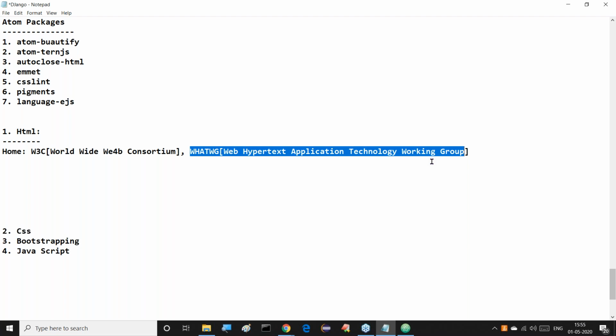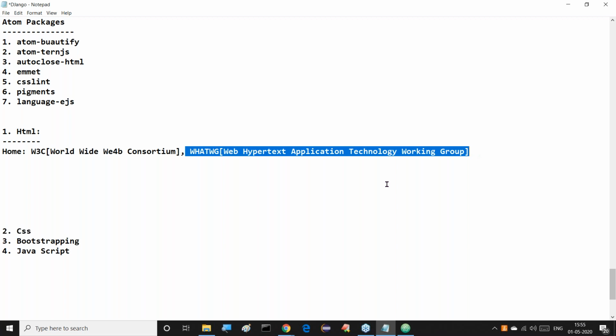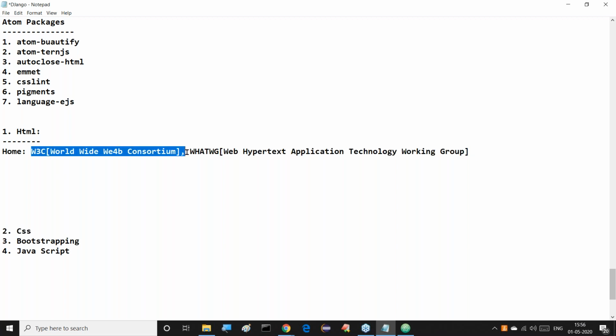They formed as a group initially and proposed this HTML technology. After that, W3C also participated. After a few years, this Web Hypertext Application Technology Working Group left W3C. Now HTML is managed only by W3C, the World Wide Web Consortium. Only it is maintaining HTML at present.